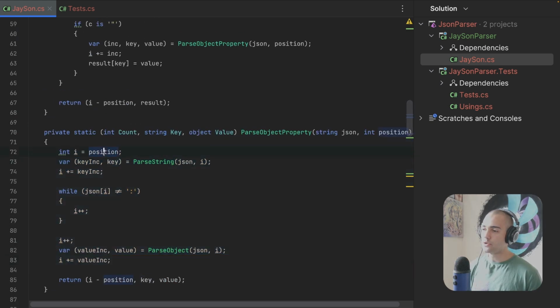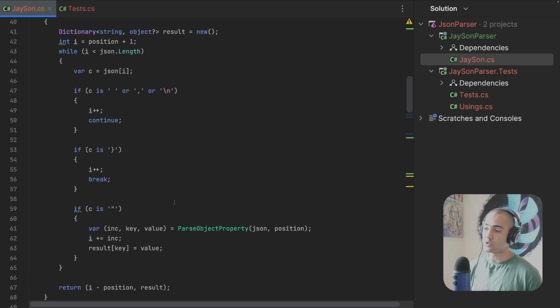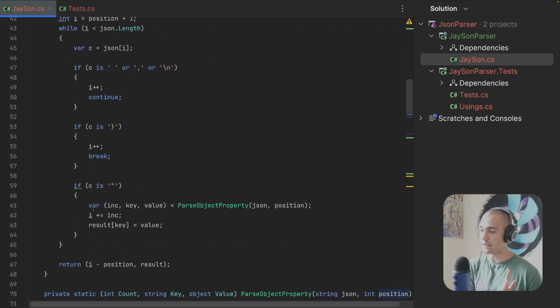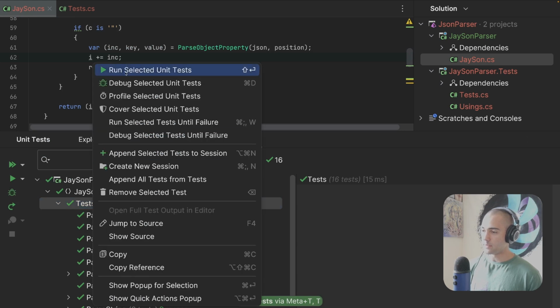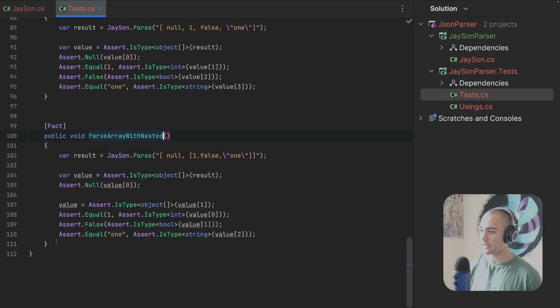Maybe what we want to do, and this is again up to you, is if you have a position, you can actually just return up to where you went, and wherever we're doing the incrementations, you don't do an incrementation, you just reassign the number. So anyway, we did all of that. Let's just make sure whatever we have still works. Perfect. I don't look like a complete imbecile. Let's take this,